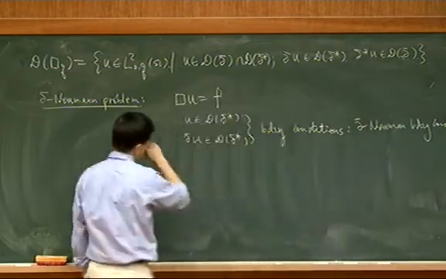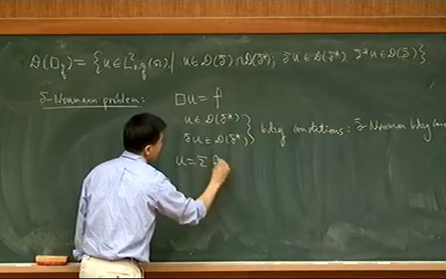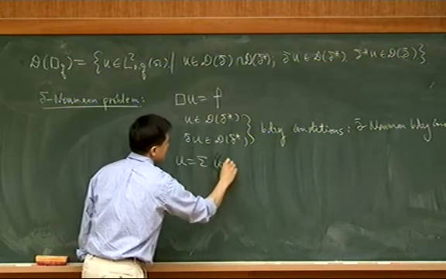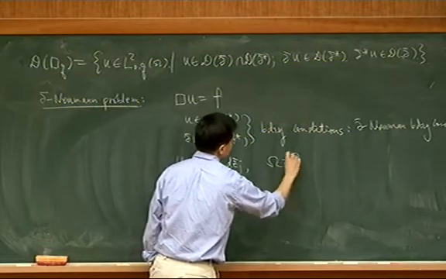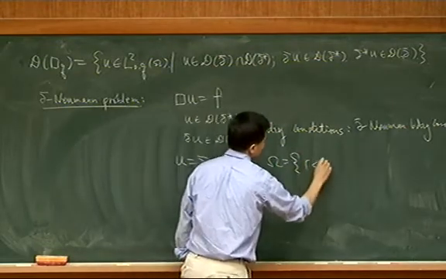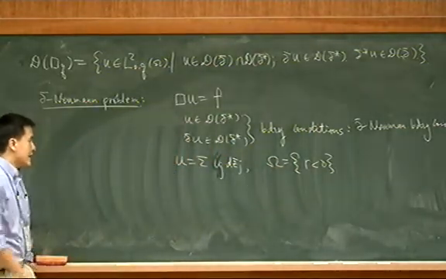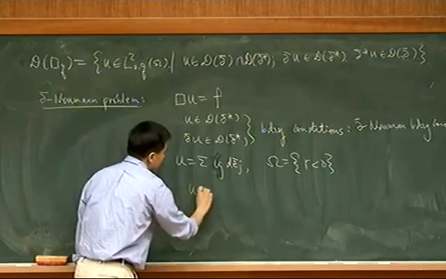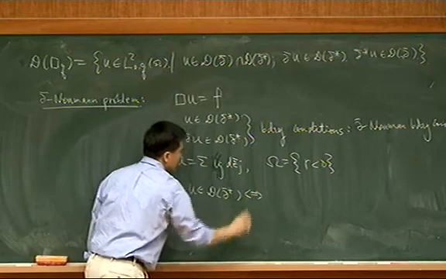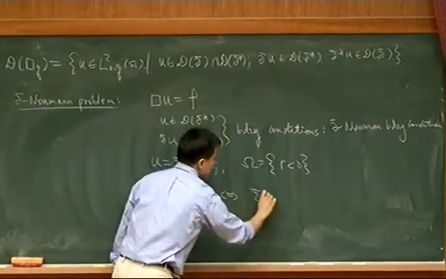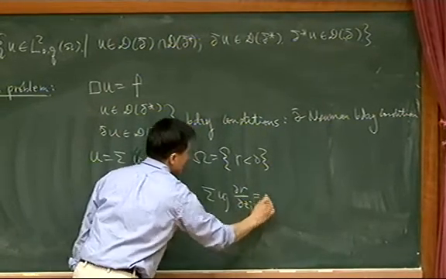So, for example, if u is a (0,1) form like this, and omega has a smooth boundary given by a defining function r, then u being in the domain of dbar star is equivalent to the sum of uj times the derivative of r with respect to zj being 0 on the boundary.